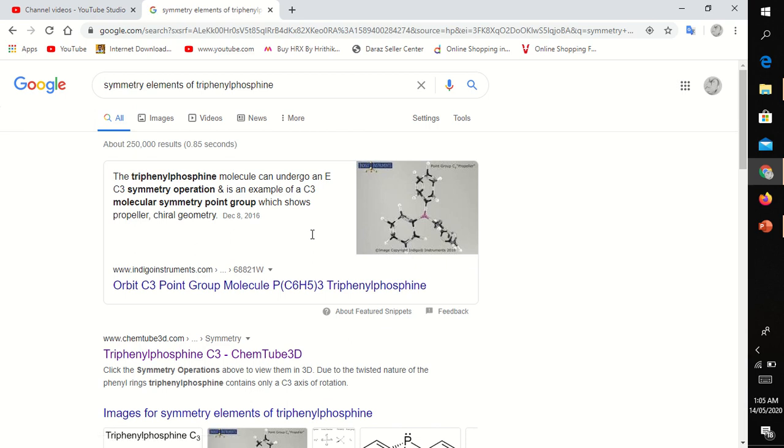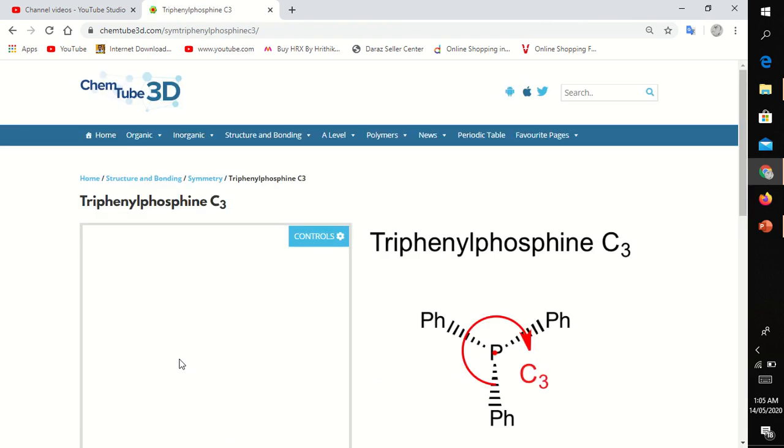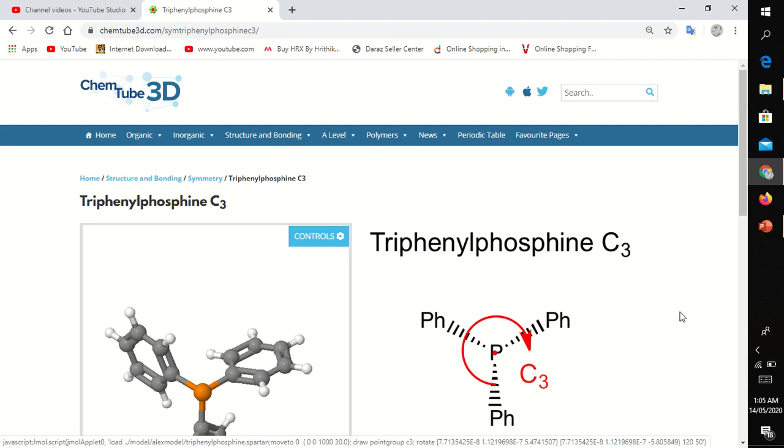If you write the symmetry elements of triphenylphosphine, you would definitely get the structure at chemtube3d.com, and it's a very comprehensive website to learn about the three-dimensional structures of many molecules. Here you can see that this is actually the C3 rotation in this molecule,